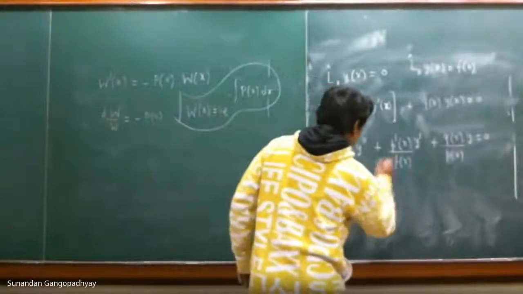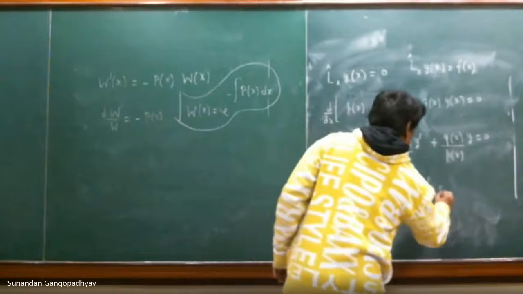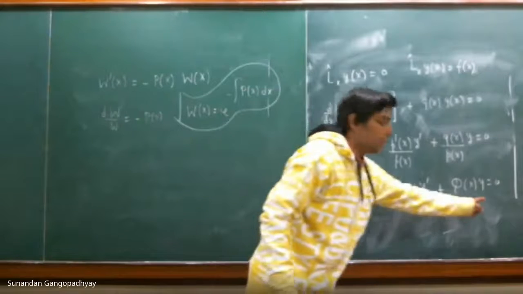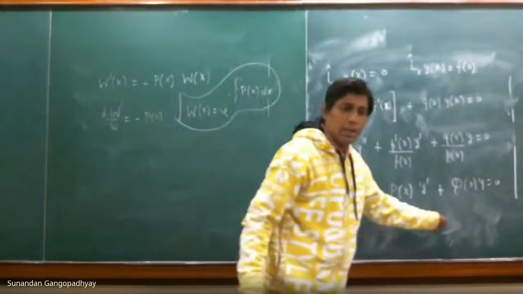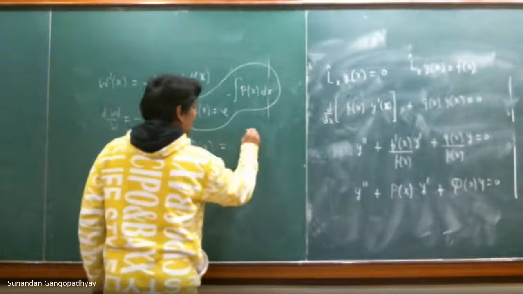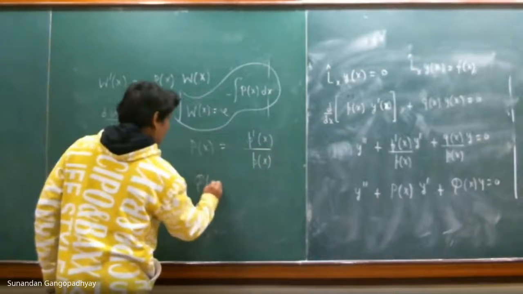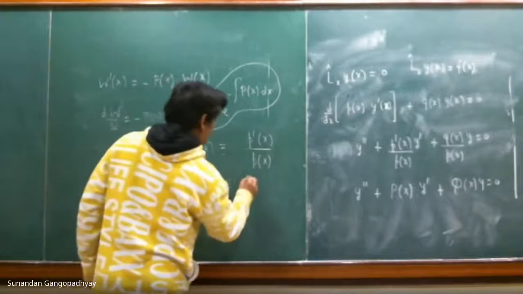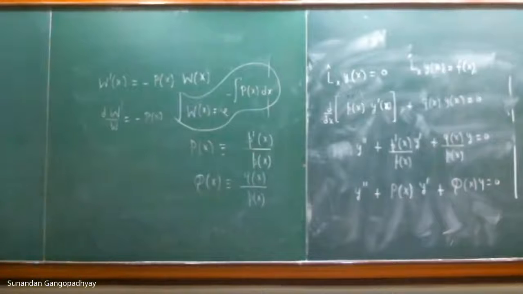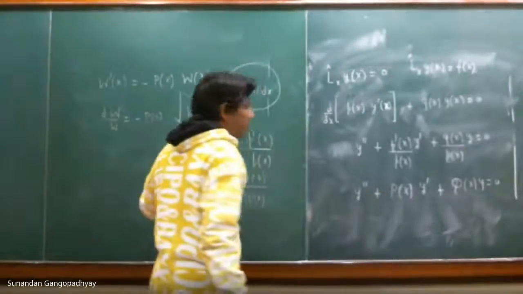So this differential equation can be written in this form: p of x y prime plus q of x y is equal to 0. This is the differential equation that we considered just now in the digression. Therefore, you can read off what P of x is. Capital P of x is small p prime x by small p x, and capital Q of x is small q x by small p x.